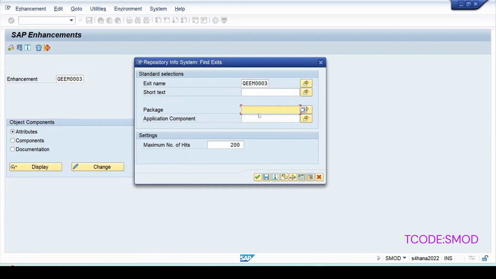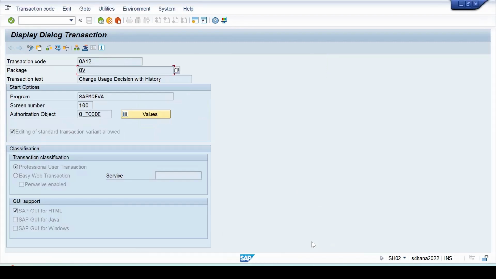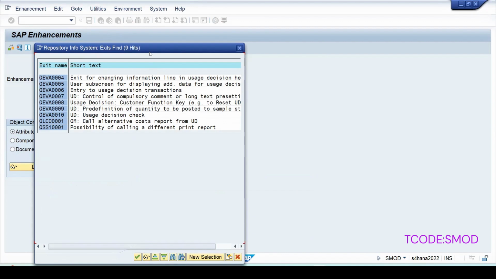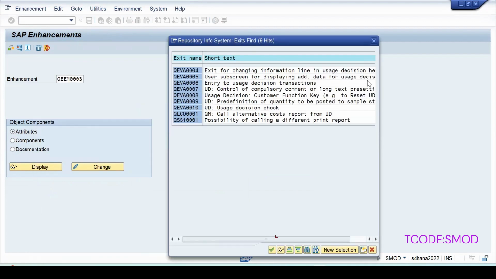If I enter the package which was coming here, QB, and continue, then it will give me the user exits which are present for usage decision.